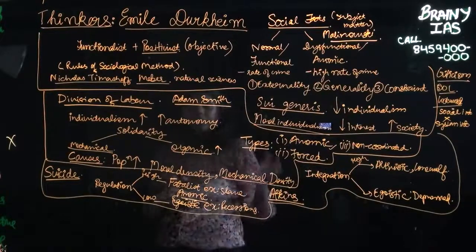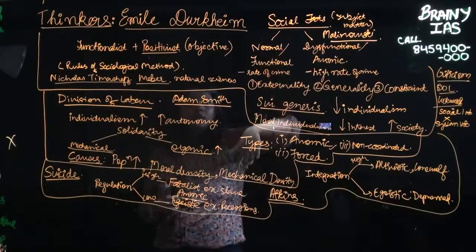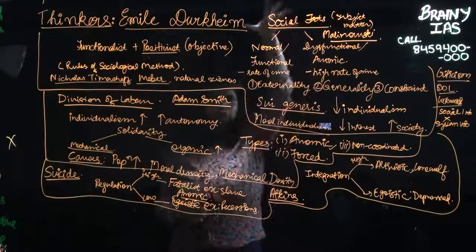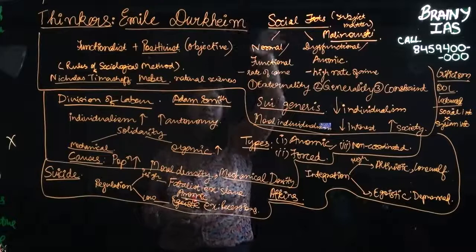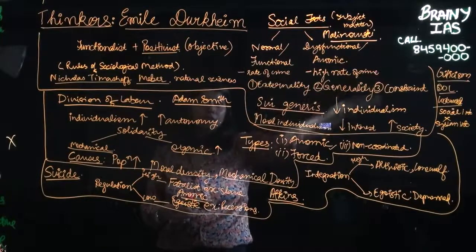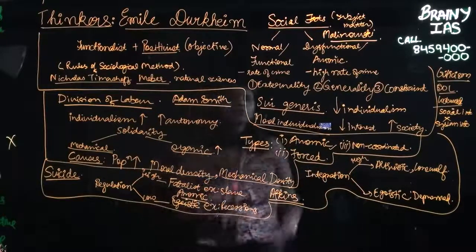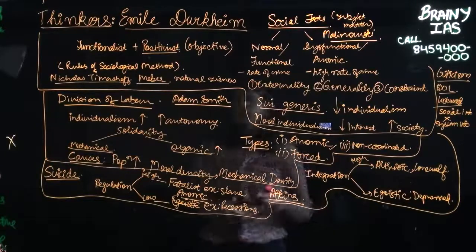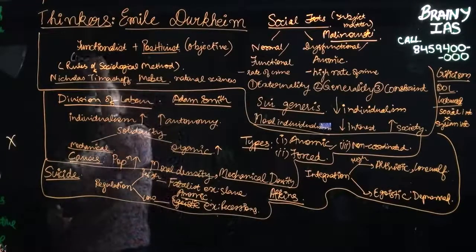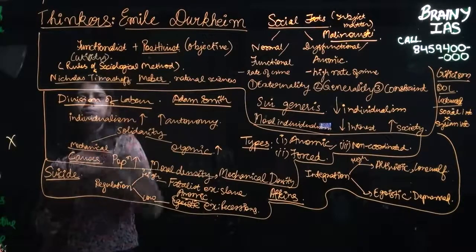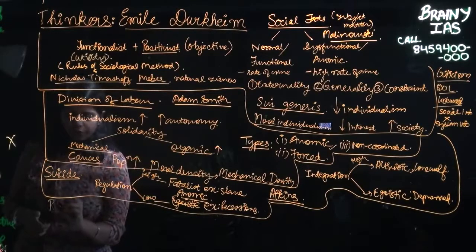Now, apart from the three things that we have discussed: first, the umbrella topic of social facts, and the two social facts, division of labor and suicide. Now comes the third part, which shows Durkheim's nature as a functionalist. As I had mentioned before, as a functionalist, he saw utility in everything. Now when we talk of religion,